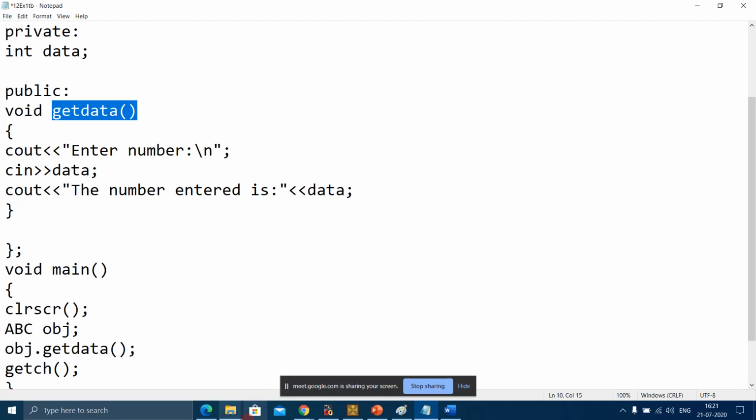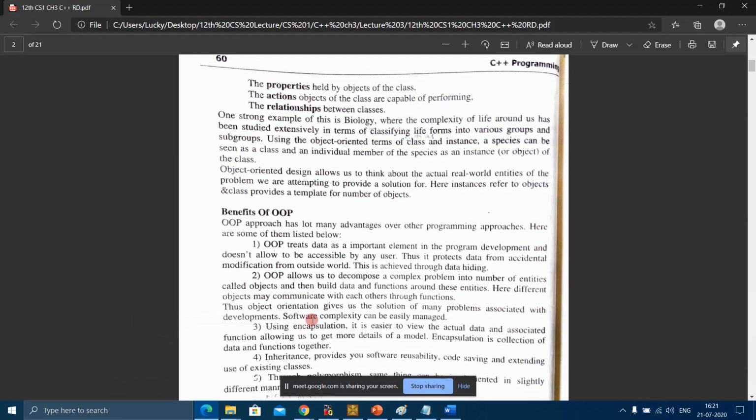Okay, so let us go back to a very common question on the principles of object-oriented programming. There are four principles of object-oriented programming: data hiding, encapsulation, polymorphism, and inheritance. So you have to keep this in mind.